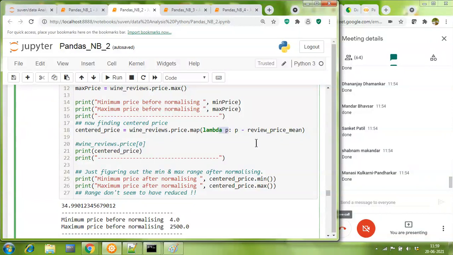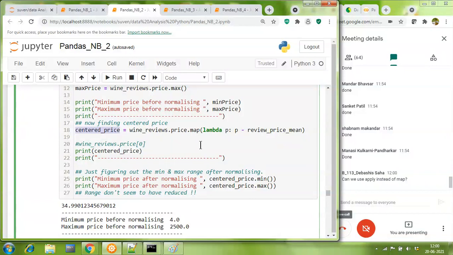Please understand, 25 comes in the variable p. We are doing p minus review price mean, which is going to subtract the value of review price mean from the price. So 25 minus 34 will give you the answer as -9, which will get stored in this variable called centered price.